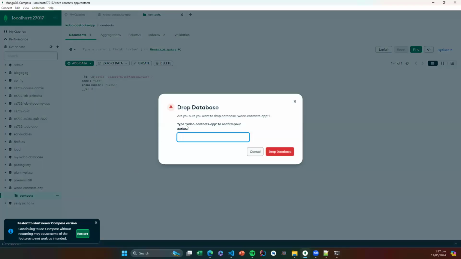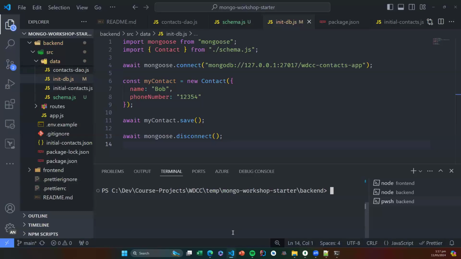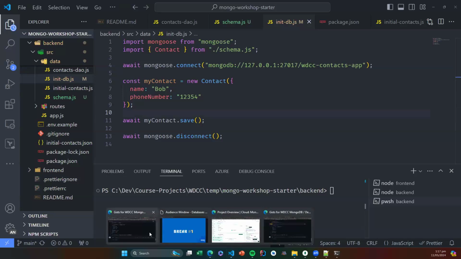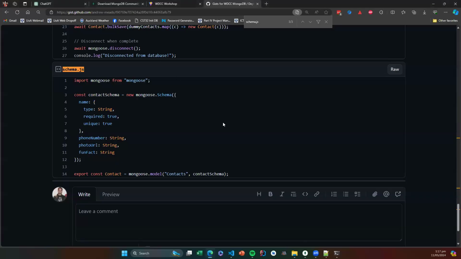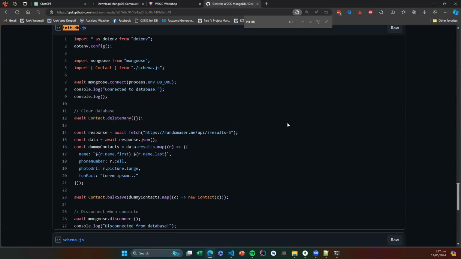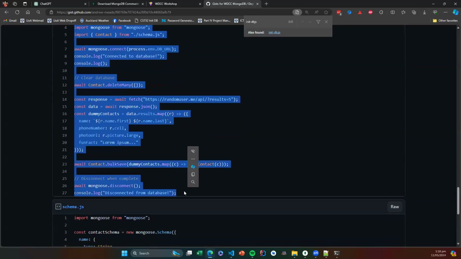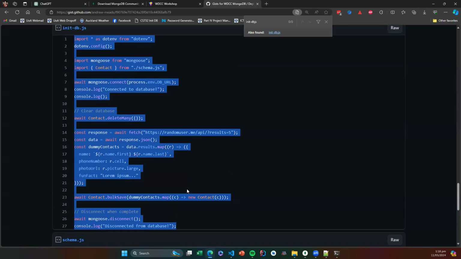So I'm going to drop that database again, just so we can see. And now, rather than typing everything out, I'm going to go into my own gists, which is this one, and find initdb.js in here. I'm going to copy this entire program, and then I'm going to explain what it does. So copy,